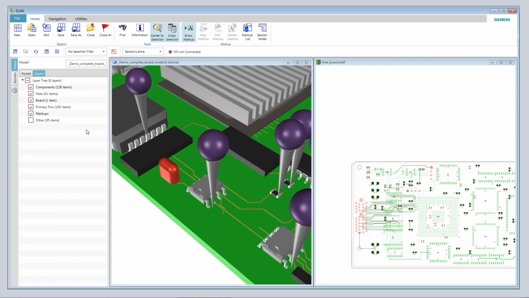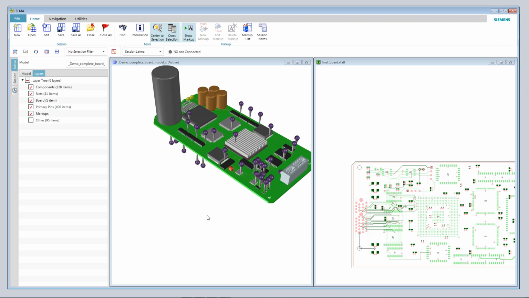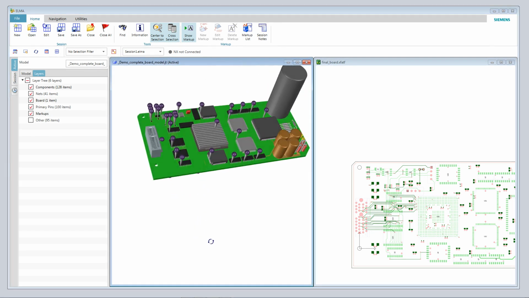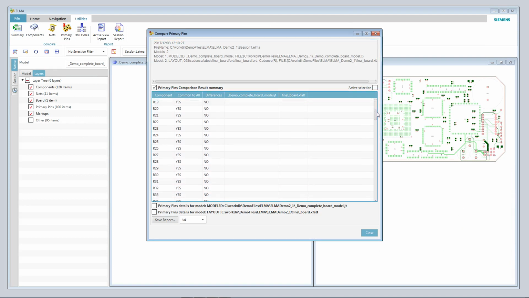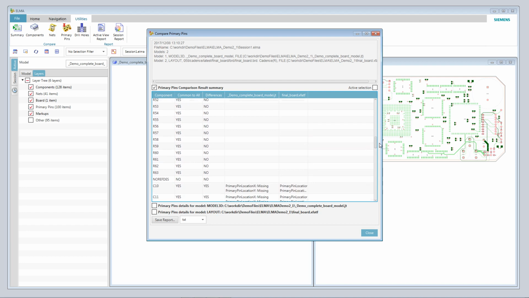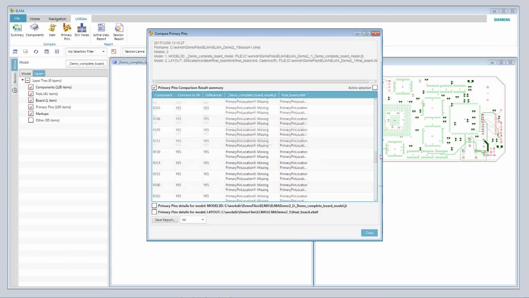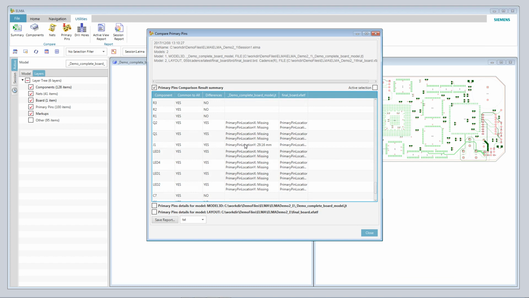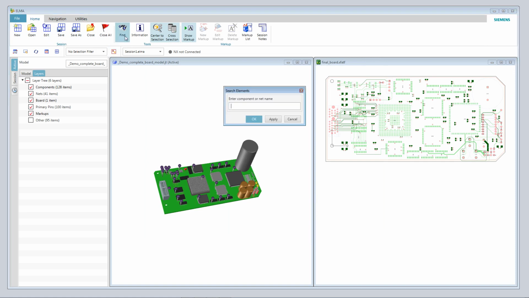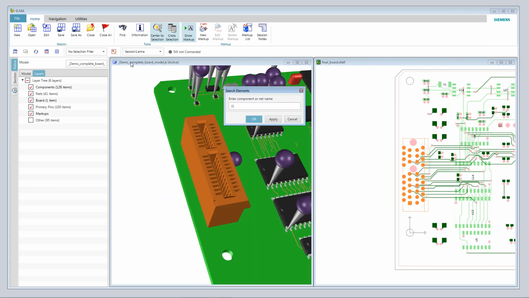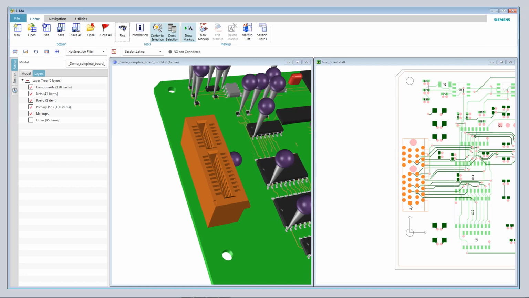Within the layer setting of the JT file, we can enable primary pins for visual comparison. Running the comparison shows the mismatches in the report. Each item can then be checked and errors investigated. Here we see the primary pin on the J1 connector is at a different Y location. We can search for J1 and confirm the pin location is different between the PCB layout and the MCAD design.